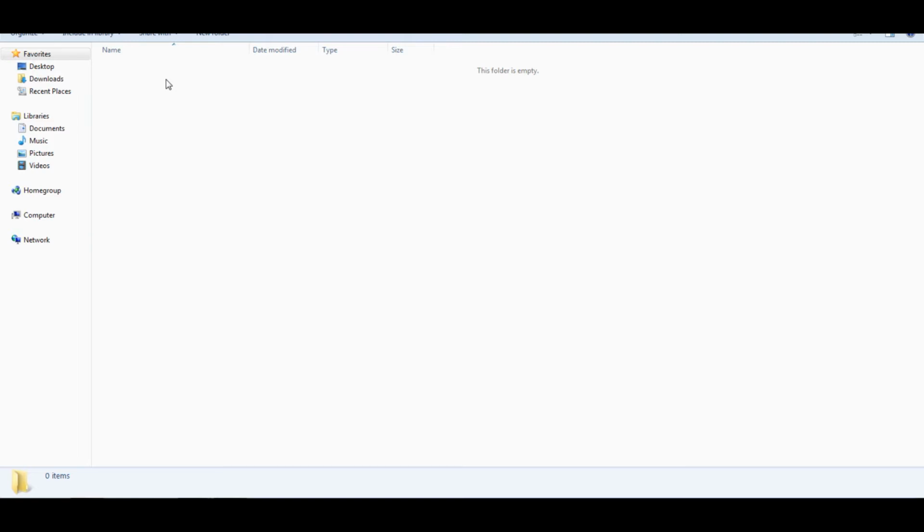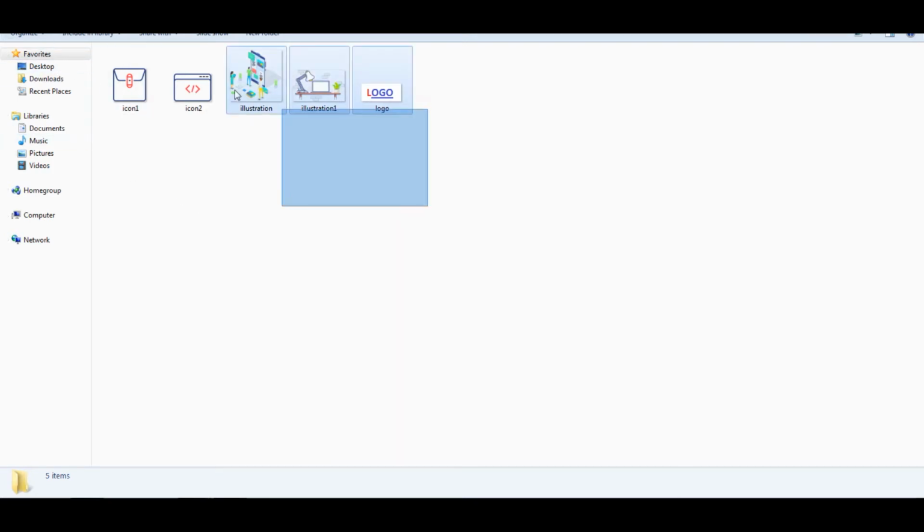So you have to create 3 folders first. First folder name will be images, CSS, JavaScript. This is the major thing you have to do every time you are going to create your website. So this is the first step when you are going to create the website. Okay, I have copied some images to my folder, so we can make use of these images in our website.